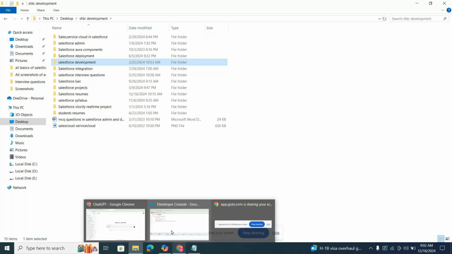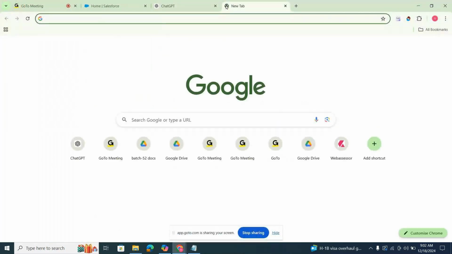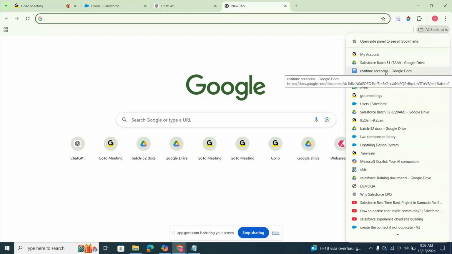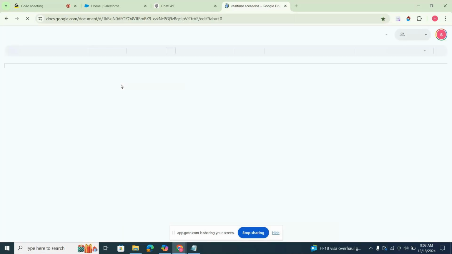Everyone is clear with my point? If you write things from scratch, it may take some time, but if you use AI, it may take only some minutes to develop. But even if you're using AI, you need to know the concept. Without knowing the concept, AI also cannot do anything. You got my point, everyone?